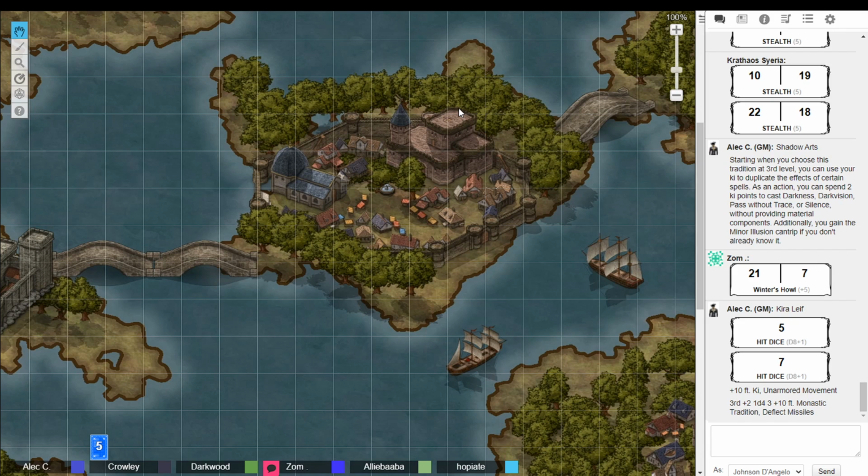So what's the key? Okay, plus 10 feet move if not wearing armor. What are his feats called? Is it just unarmored movement and plus 10? Unarmored movement is a feat, and deflect missile is a feat. So your feats are called deflect missiles and unarmored movement. Unarmored movement gives you plus 10 foot of movement range when you're not wearing armor, and deflect missiles gives you